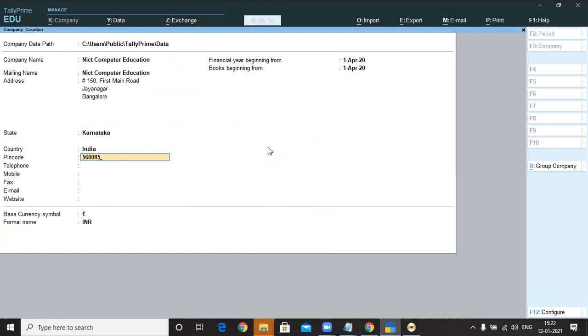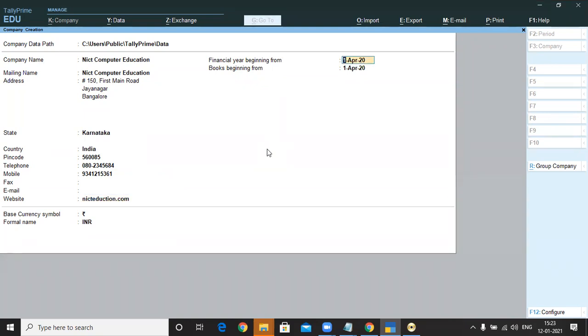Provide the pin code, then telephone number, then mobile number. Press Enter. If you have details about the website, you can give nictcomputereducation.com.